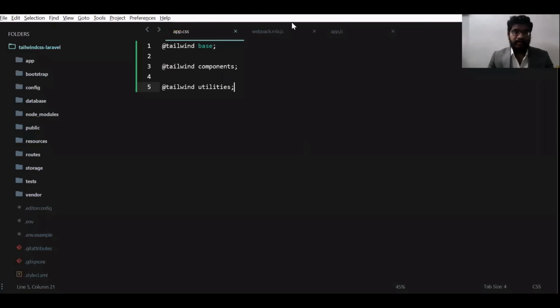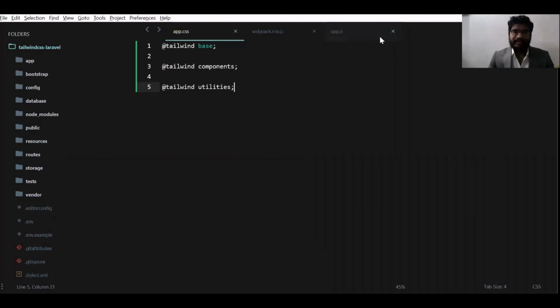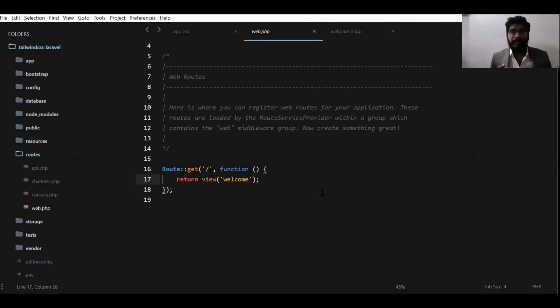So this is our application. Here I'll close all the unnecessary files. Then I'll go to routes web.php, and in the routes web.php file there's a major change in routing. The default way you make routes will not work in Laravel 8. Make sure you are aware of this. I spent half an hour to 1 hour debugging why my routes were not working when I first ran a Laravel 8 application.